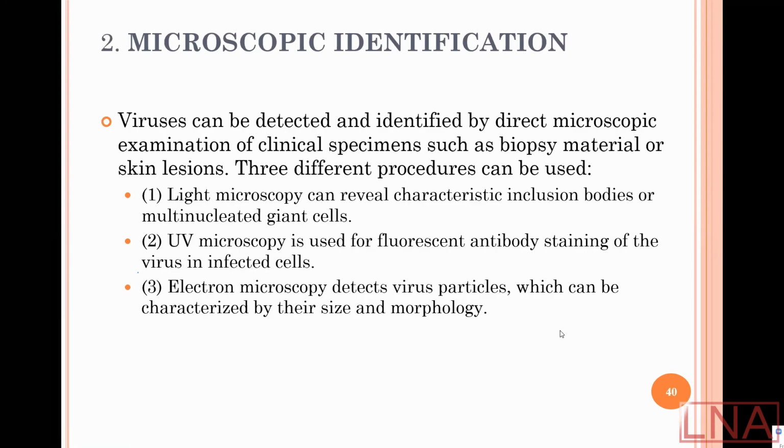Second procedure, UV microscopy, is used for fluorescent antibody staining of the virus in infected cells. So anyway, we will observe a specific effect under the microscope. And the last procedure is electron microscopy, which only can help to observe viral